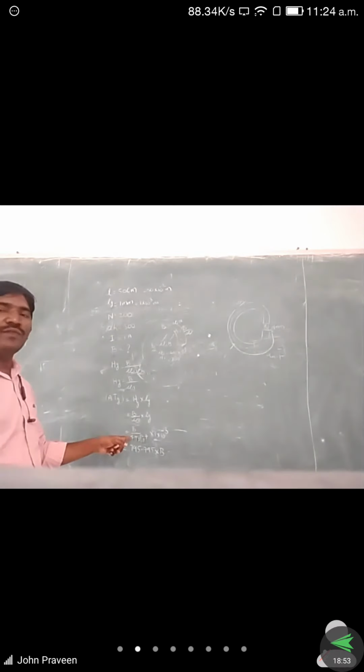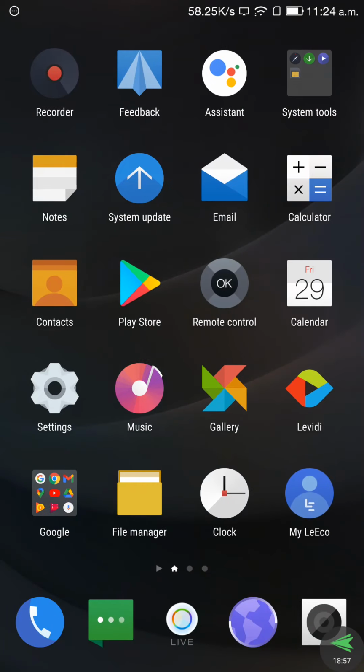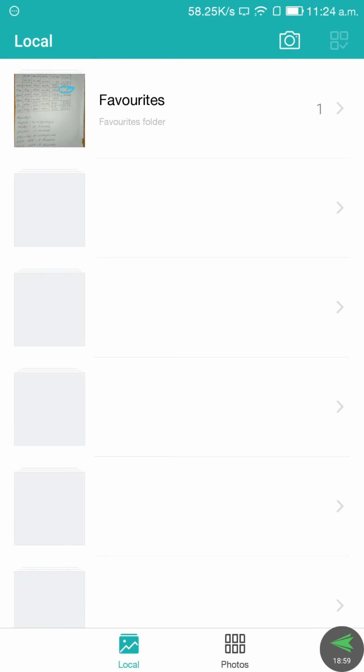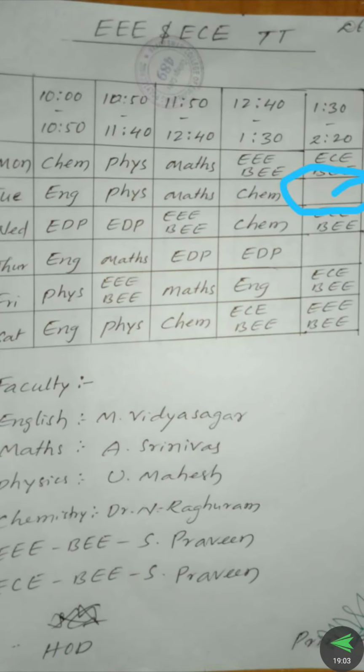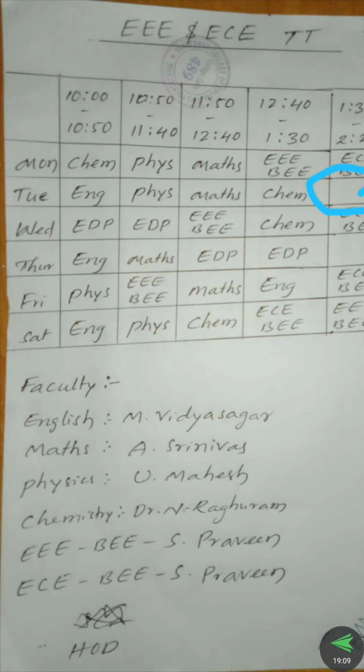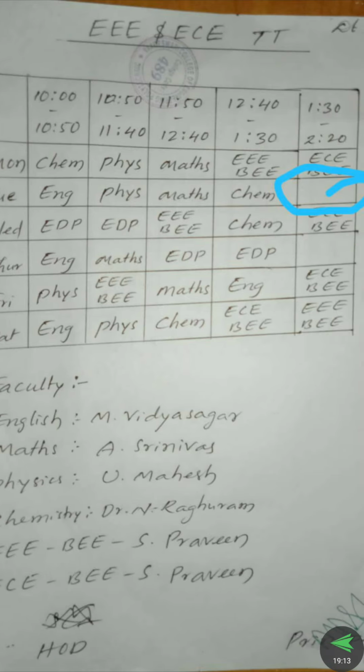The mu naught value we already know is 4 pi into 10 to the power of minus 7. So the equation becomes B by 4 pi into 10 to the power of minus 7 into 1 into 10 to the power of minus 3. Then we get the value for the air gap: 795.795 into B. We call this equation 1, which is for the air gap.